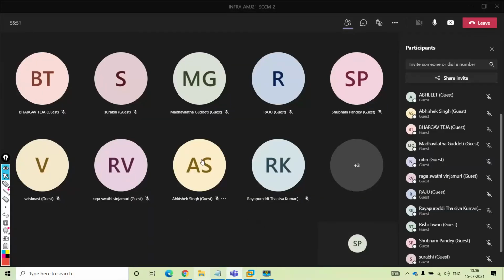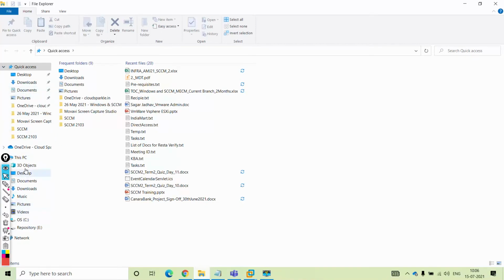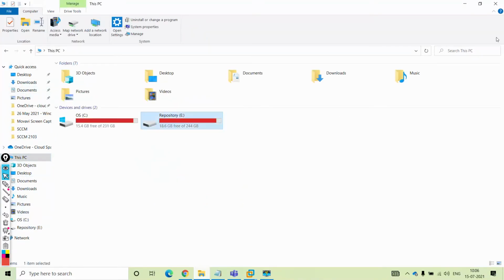Let me check the space on my hard drive. Okay, it will work.